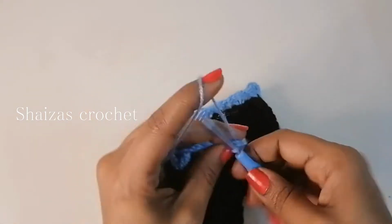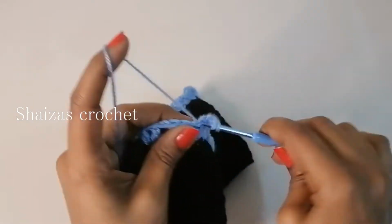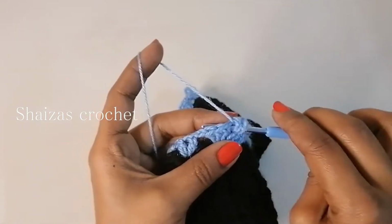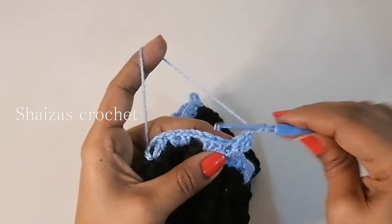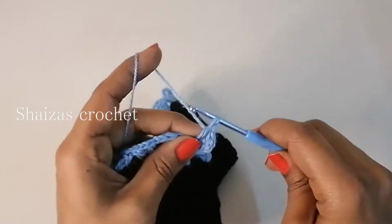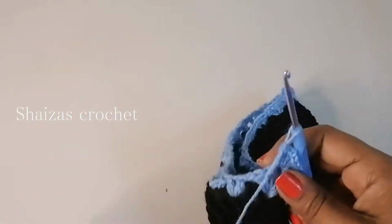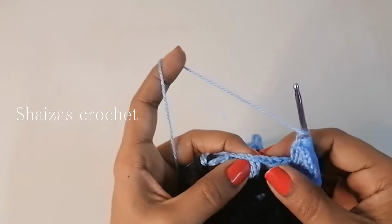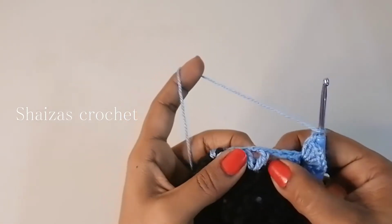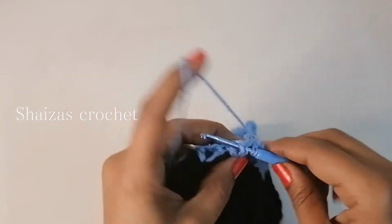Again we'll make the slip stitch, chain 3, this is our first double crochet, yarn over, again we'll make 2 double crochets, 1, 2, chain 2, yarn over, inside again we are going to make 3 double crochets, 1, 2 and 3. Now yarn over, inside here after the space we have the V stitch, let's make into this a